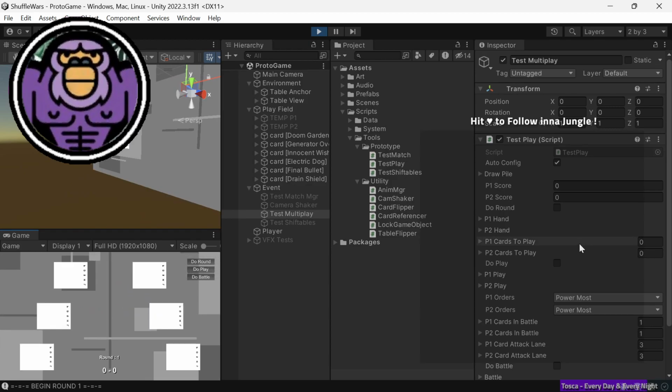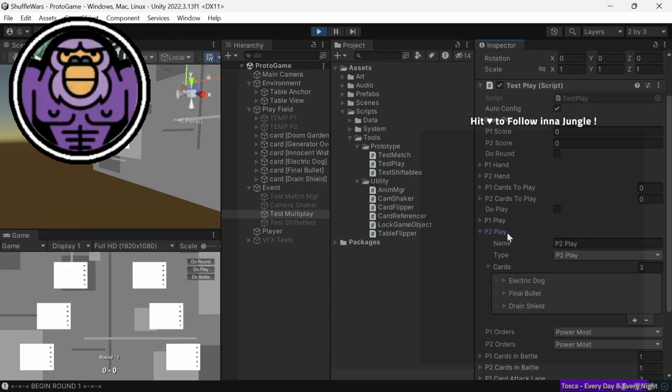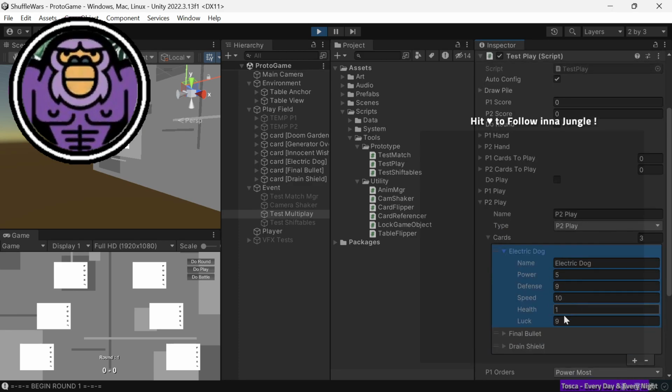I should be able to access these cards here, and I should be able to read these stats and transfer those stats to the appropriate card